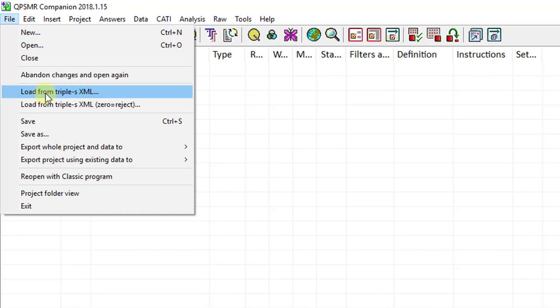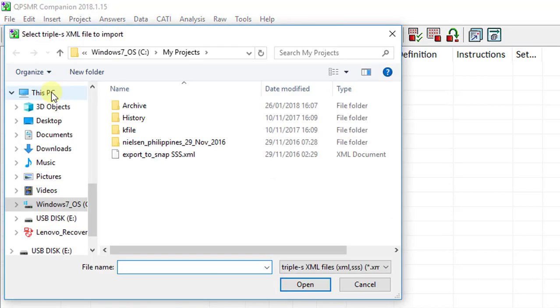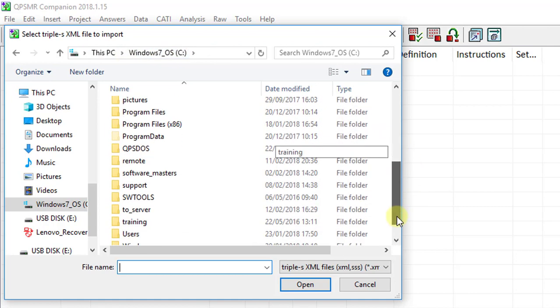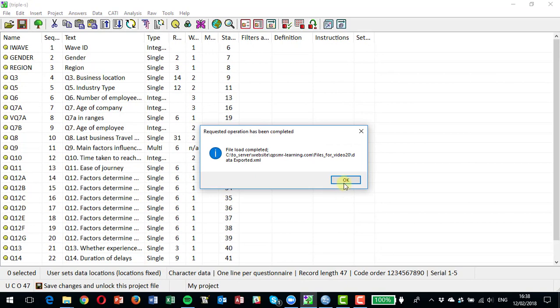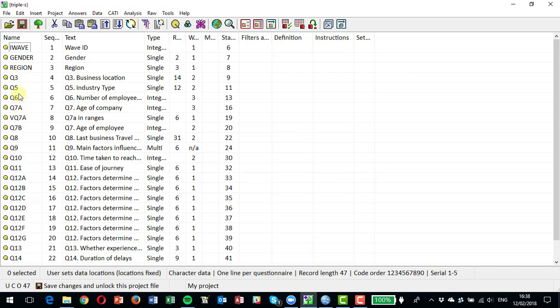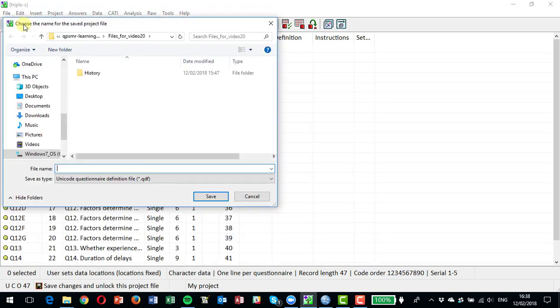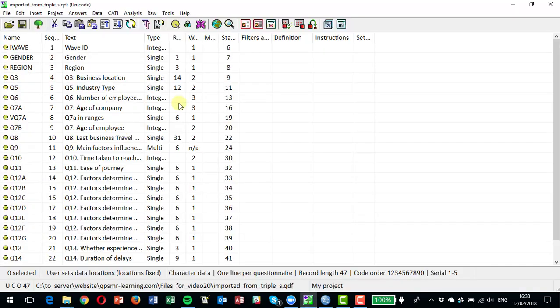But we're going to take the normal option here, and we're going to quickly go and find the project that we want to import, and we're going to open up that project data exported, which has come from another piece of software. Click OK, and we should have imported this project and the data ready for checking. And now if I save it, it's going to ask for a name. We'll call it imported from SSS,